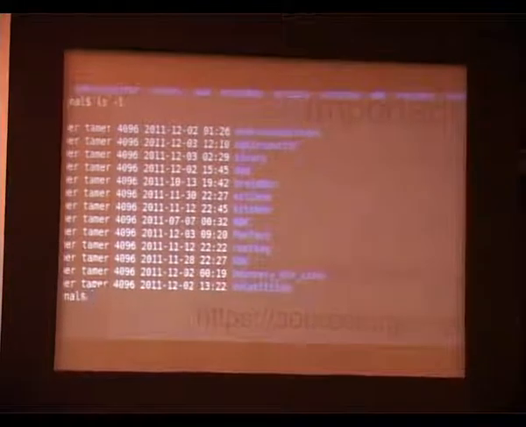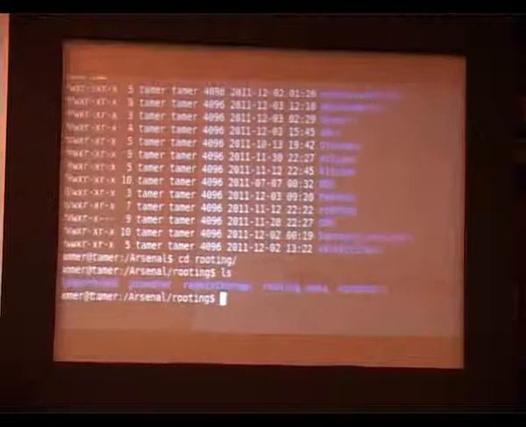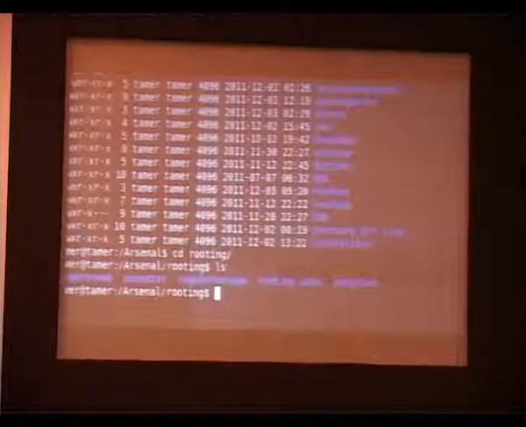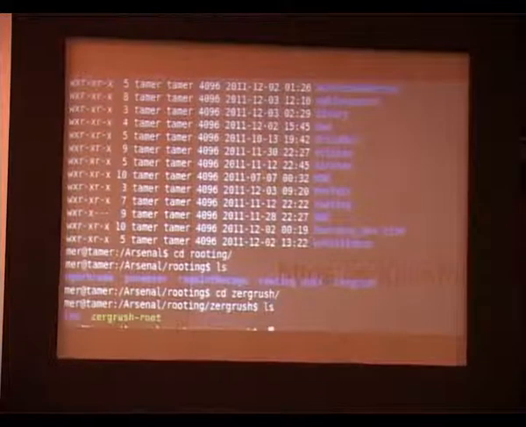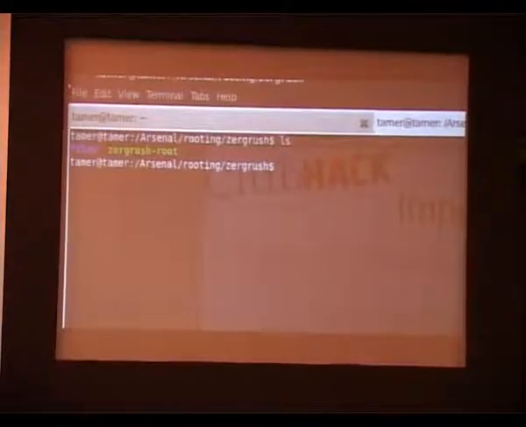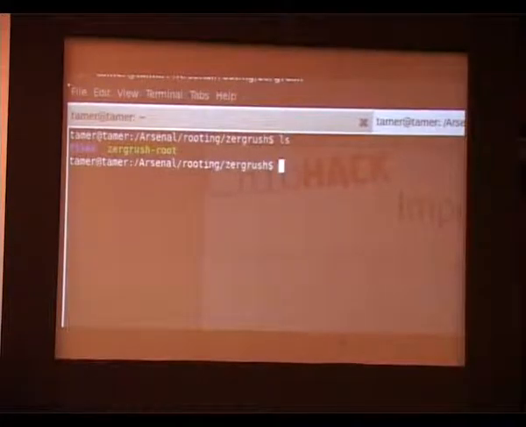Then we have the rooting folder, which actually contains your rooting scripts: Gingerbreak, PSNeuter, Rage Against the Cage, rooting APKs, and Zergrush. If you look at Zergrush, it contains an executable bash script. You can actually go inside and see what is going on. And you have various files. Wherever possible, I've tried to include the source code which was published by the disclosing authorities, whoever has disclosed this. So those source codes can help you in understanding if you're not feeling comfortable running an unknown binary on your machine.